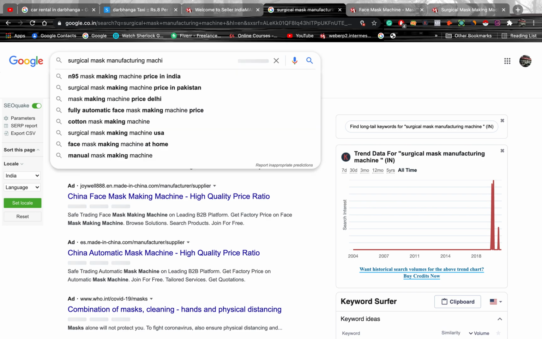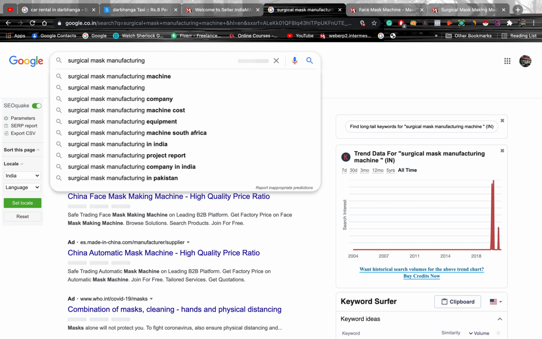If you search like this, surgical mask, here you can see these keywords are suggested by Google. When you are trying to optimize your product or listing, you have to take out your pen, copy or notebook and note these suggestions, so you can optimize your listing wherever it is, whether it is your own website, blog, product listing or Amazon listing. It should be well optimized, meaning the keywords searched by buyers should be there.